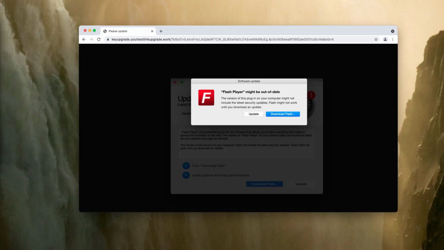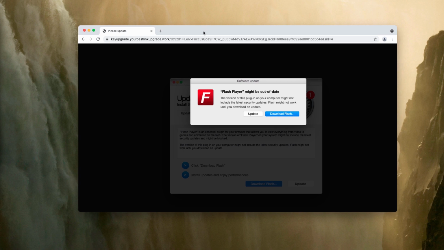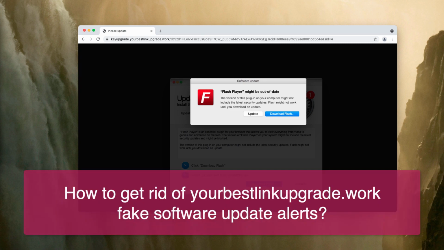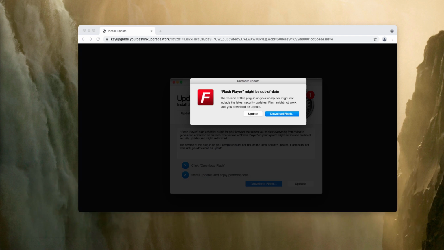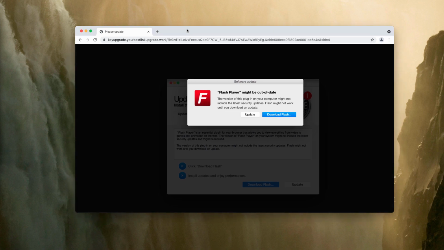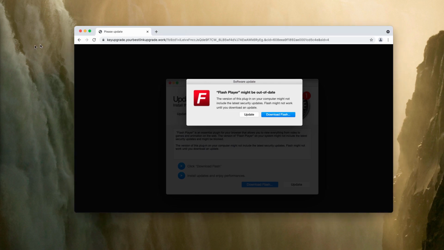My video guide is about getting rid of Yourbestlinkupgrade.work fake software update alerts that currently attack Google Chrome, Mozilla Firefox, and other popular browsers. The real mission of these fake software update alerts is to force you into downloading and installing some potentially unwanted